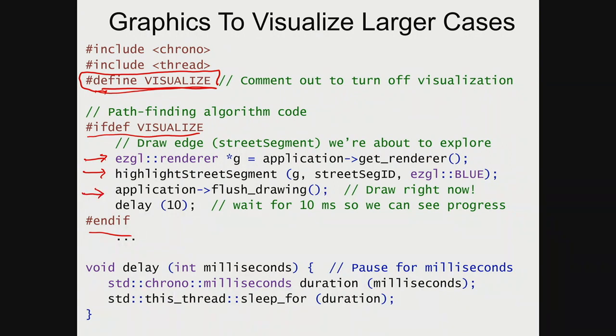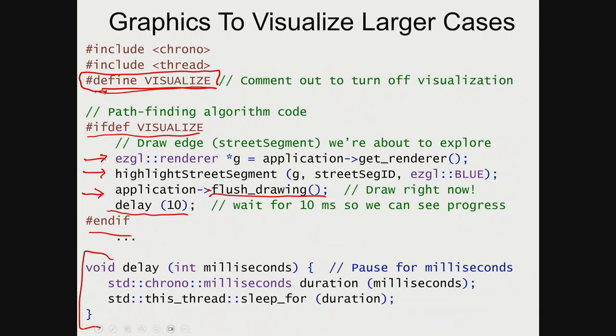This is animation. Okay, we're not going to wait for user input, so we have to call flush drawing. And flush drawing will basically make it draw right away, okay? Otherwise, you won't see this animation draw nicely. It'll wait. And generally, it'll draw so fast you can't see it. So